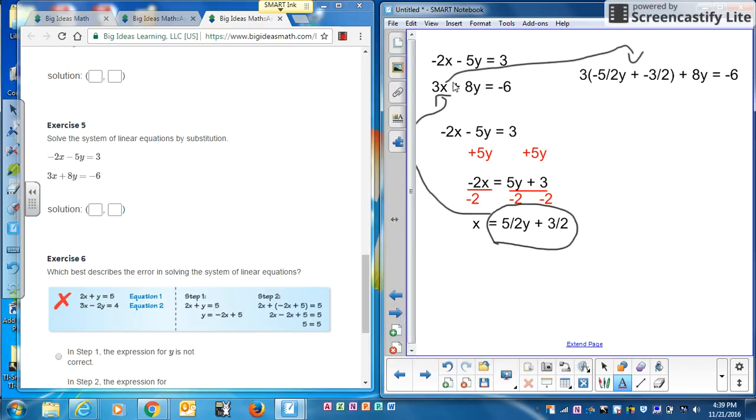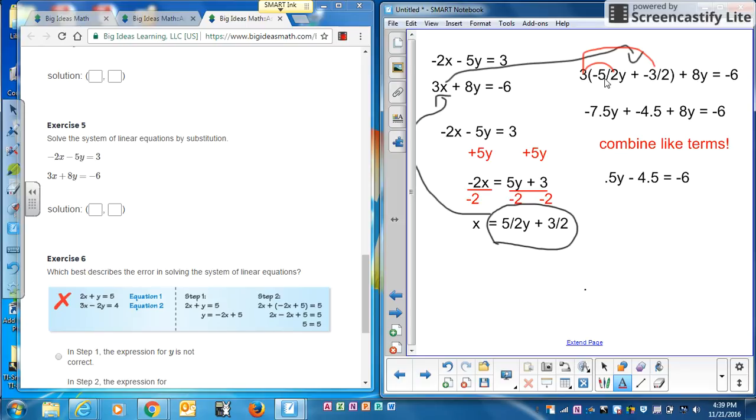Then I'm going to substitute it into the other equation. 3, and then instead of x, I'm putting in this whole equation that I got, plus 8y equals negative 6. Now I only have one variable, and I can solve for y. And it looks a little bit scarier than it actually is. If you use a calculator, you just distribute